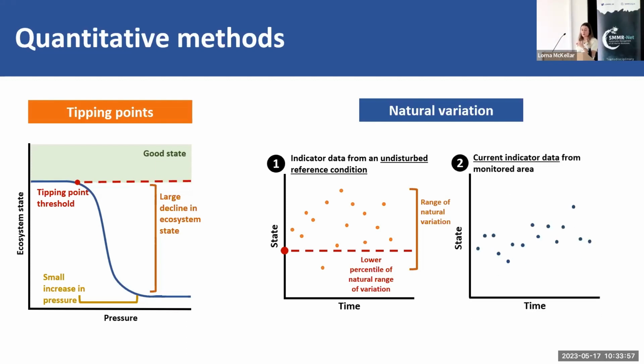And then just take that threshold and impose that on the current indicator data and say, well, as it's monitored over time, any value above that threshold can be considered to be representative of a good state. So you can see there's quite a few differences just in these two methods alone, and then across the 8 different methods I have, I wanted to try and evaluate the appropriateness of these methods for setting thresholds